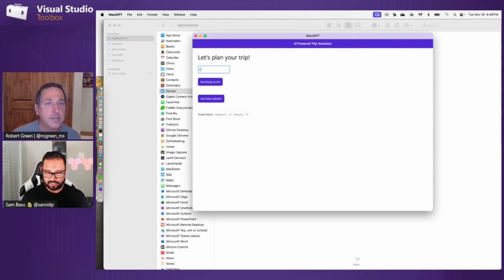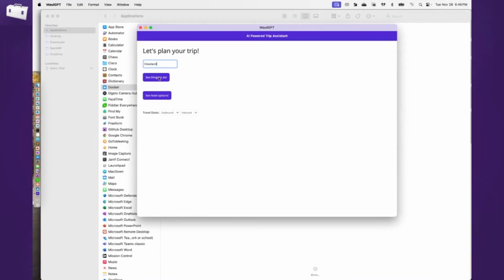It's just saying, hey, you're trying to go on a trip. Let's go to the most exciting city in the world. That's Cleveland, Ohio, which is my nearest airport. I want to go to Cleveland. I want to go to the Rock and Roll Hall of Fame. It is a nice city. Ballpark there. Yeah. Lots of stuff to do in Cleveland. So you're trying to figure out what to do in Cleveland. Where can you stay?